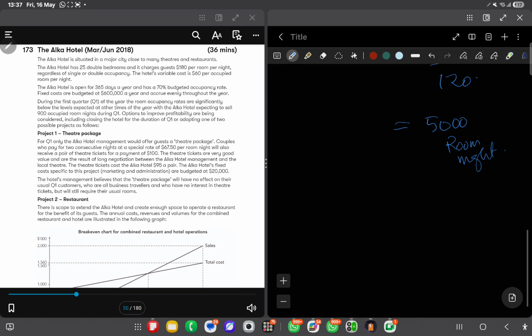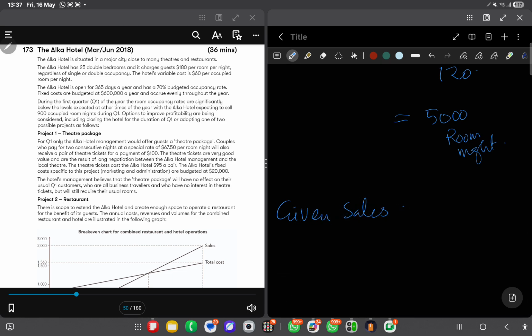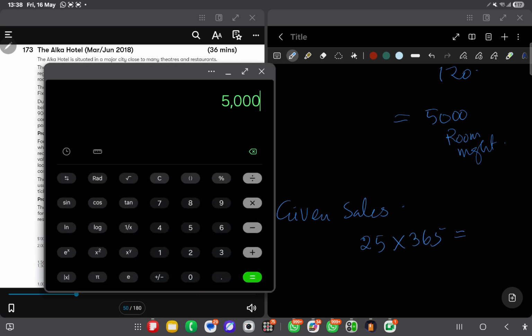Now we need to calculate the margin of safety. In order to calculate the margin of safety, we need to identify the given sales. The question says the hotel is open 365 days and the hotel has 25 rooms. So 25 rooms, 365 days. How many room days will we have in the year? We will find it out. 25 times